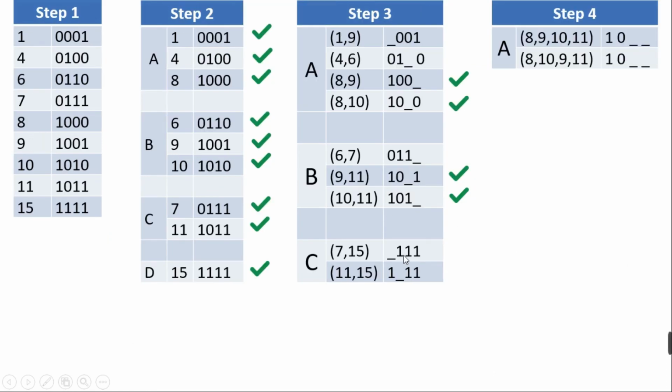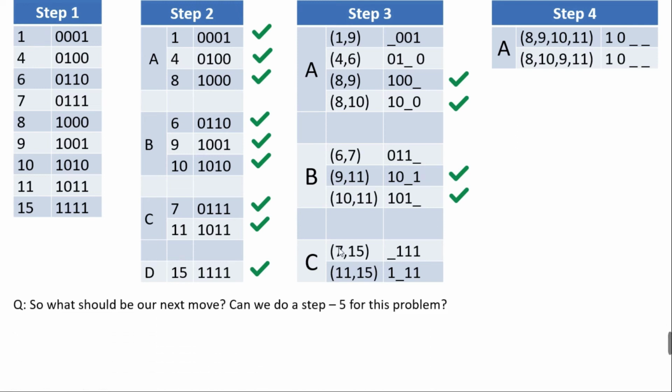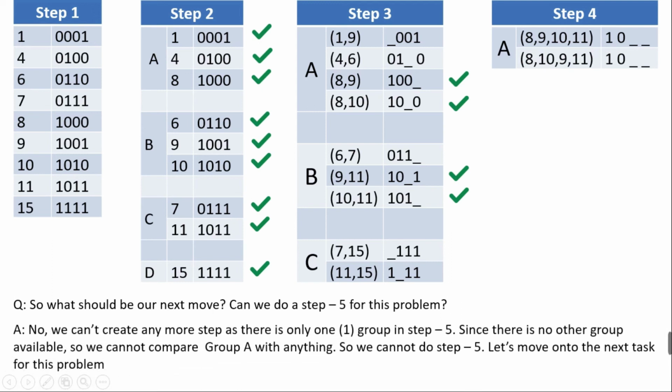So this is what our math looks like right now after completing step 4 and putting tick marks beside step 3. So let me ask you a question. Can we do a step 5 for this problem? We have already done 4 steps, step 1, 2, 3, 4, so can we do a step 5? Okay, so the answer to this question is that we cannot. So why